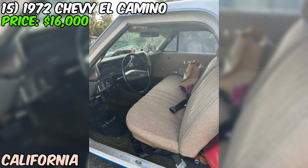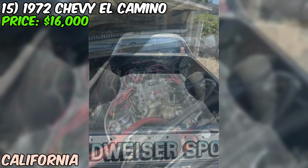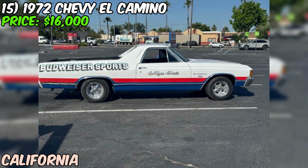At $16,000, you're in the ballpark for a solid '72 El Camino SS, but you'll definitely want to see this one in person and ask for documentation about its promotional car history and any work that's been done. These El Caminos are great vehicles that combine muscle car performance with pickup practicality, and the SS models are particularly